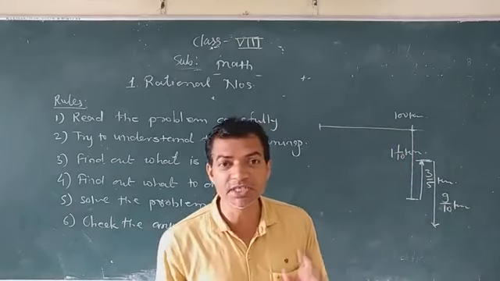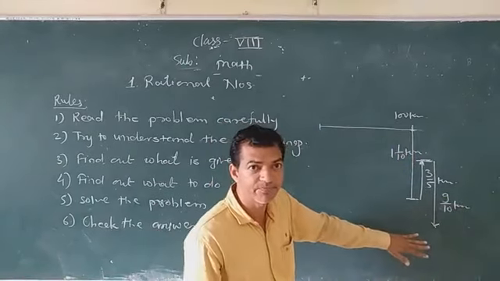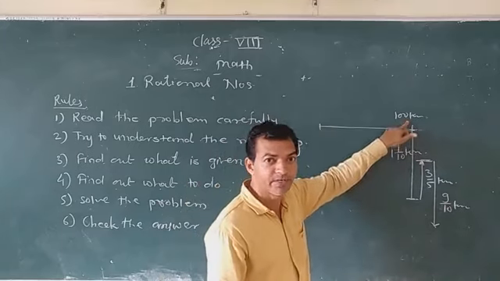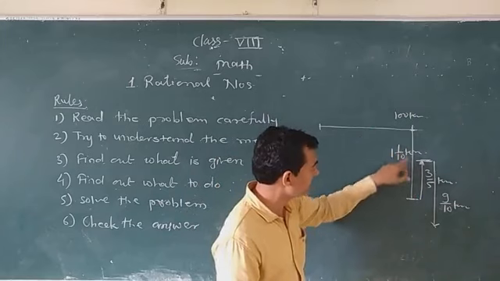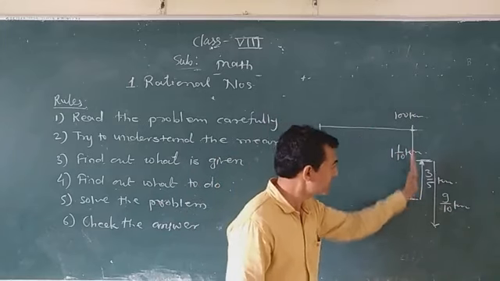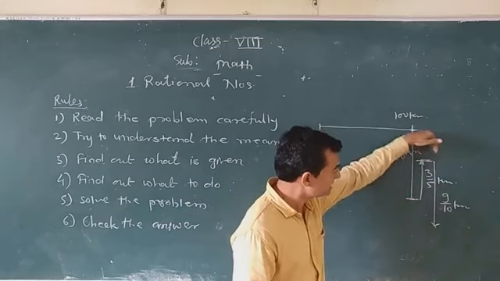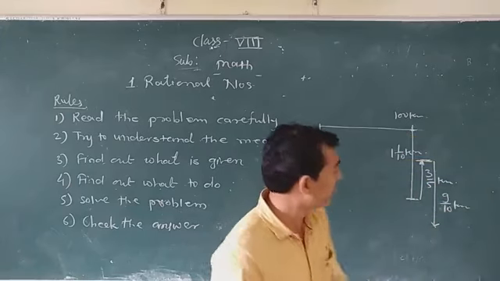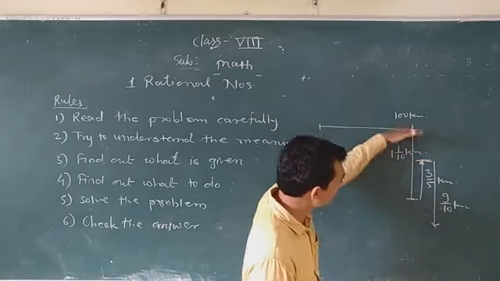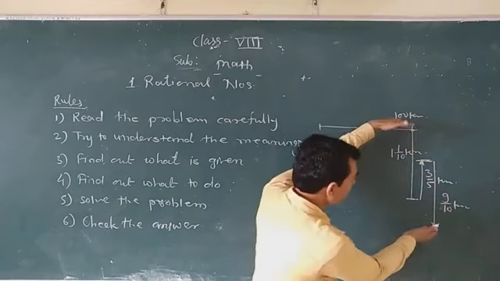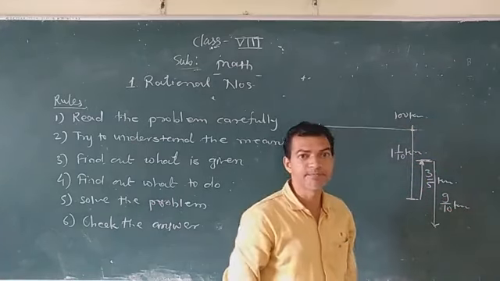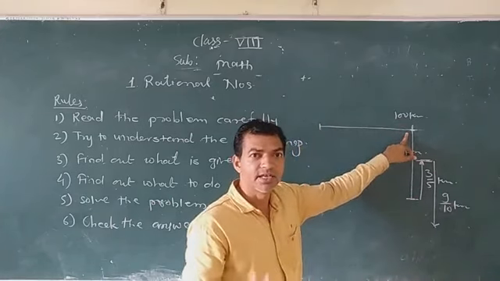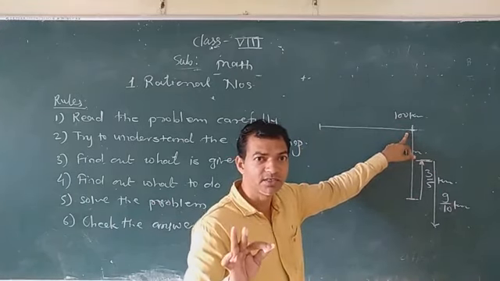Now what is the question here? First the submarine moves up to 100 kilometer, then it descended one integer 1 by 10 kilometer, again it ascended 3 by 5 kilometer, and next day again it descended 9 by 10 kilometer. Now the question is: what is the position? Means how much distance is this? That you have to find. And what is the distance from the seashore? That is given here. There are two questions.